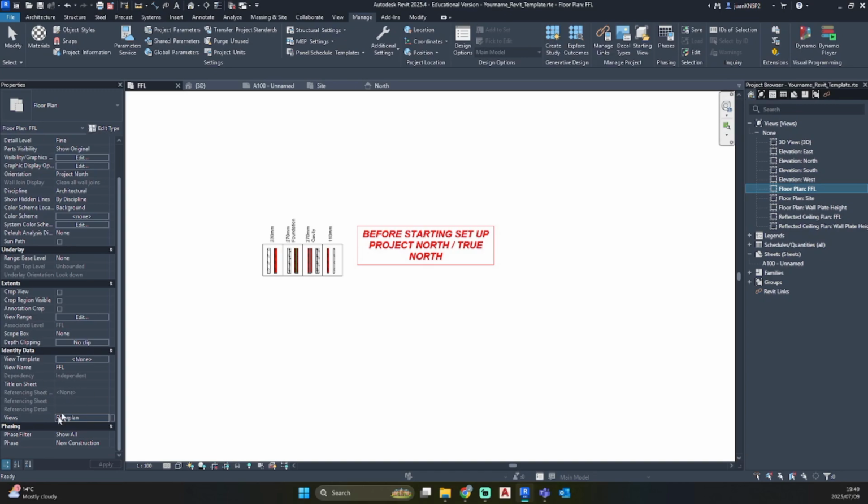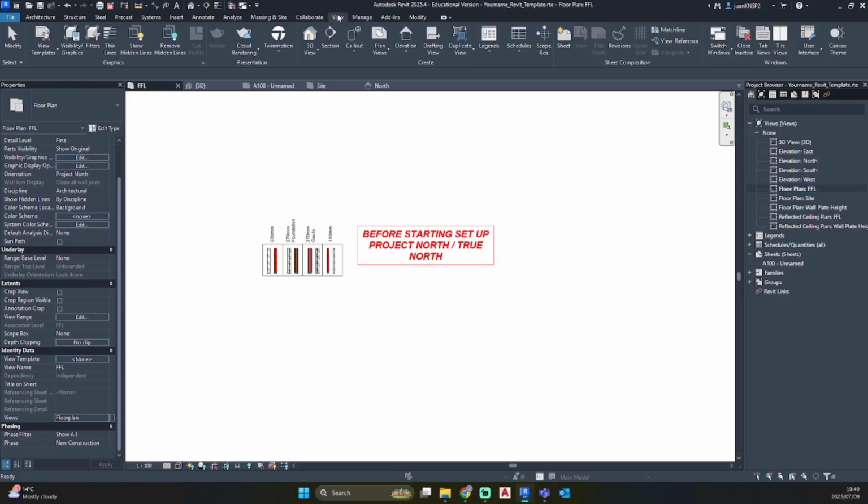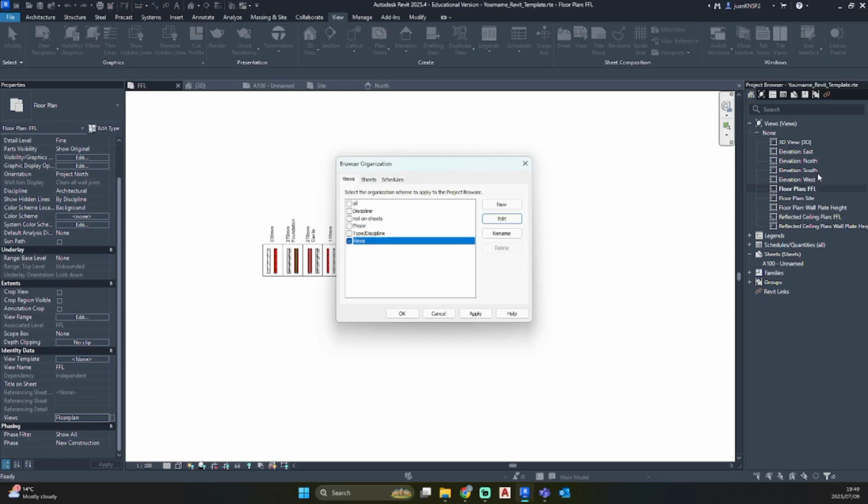So now we're going to create a new organization tool. Nothing will change on screen at the moment. So go to your View tab, go on the right to User Interface, go to Browser Organization, just go New, and name it new browser organization.